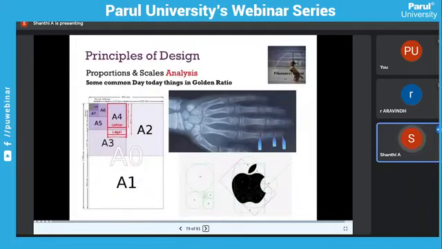So these are examples. Anything we are doing, one thing you have to do before you start your own design is, you have to